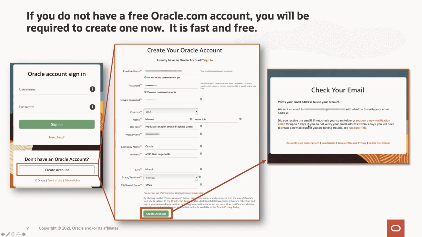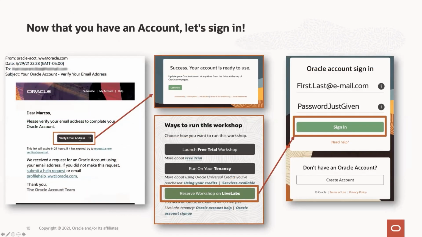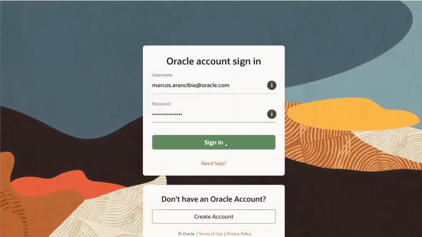So then once you get your email, you're going to have to come back and say, verify your address, go back here, and then go back to the original link to click Reserve Workshop on Live Labs and sign in with your user and password, okay? So I'm going to do that with you guys right now to make sure that we're all following, and there's nothing different that I'm doing from you guys, okay? So I'm going to go to Live Labs. The same thing I'm going to do here. I'm going to just click on Reserve Workshop. And then the idea here is that